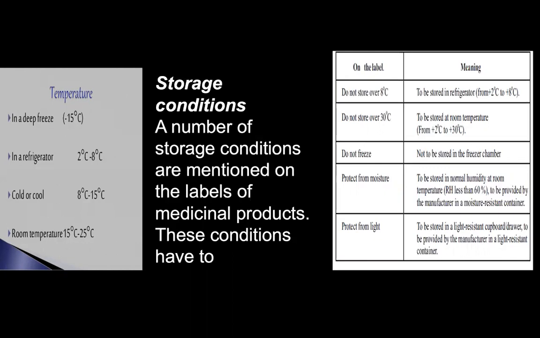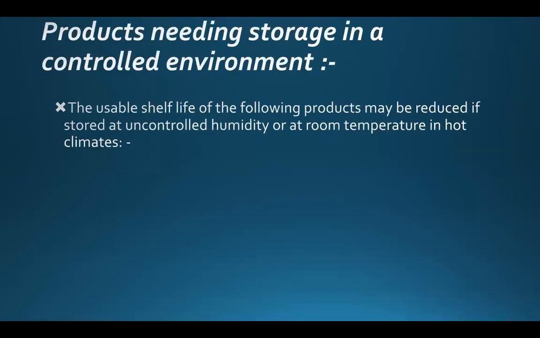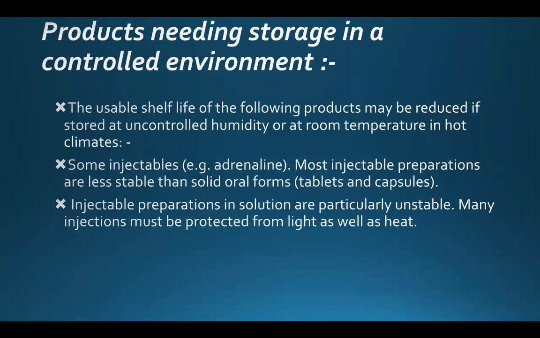So generally we can say these are the various conditions for regulation of temperature for the different types of drugs. Now, products needing storage in a controlled environment. Why? The usable shelf life of the following products may be reduced if stored at uncontrolled humidity or at room temperature in a hot climate. If they are not placed under the desired temperature, they may reduce their shelf life or